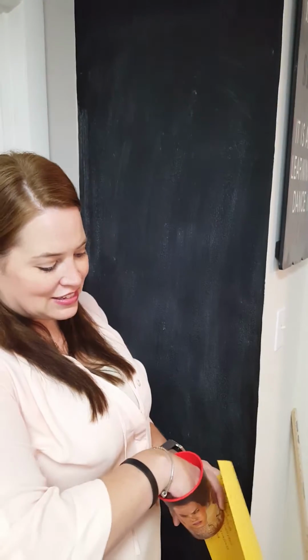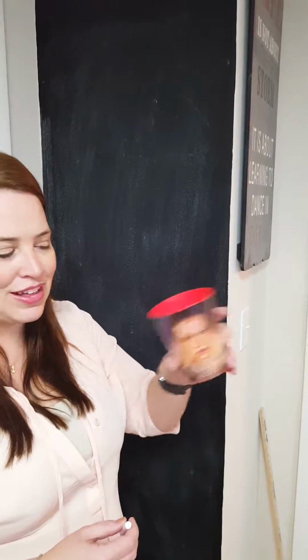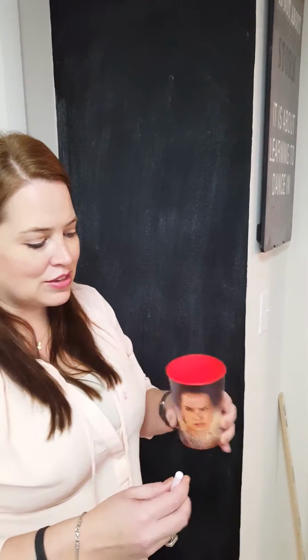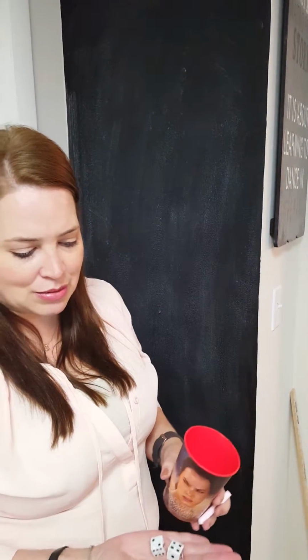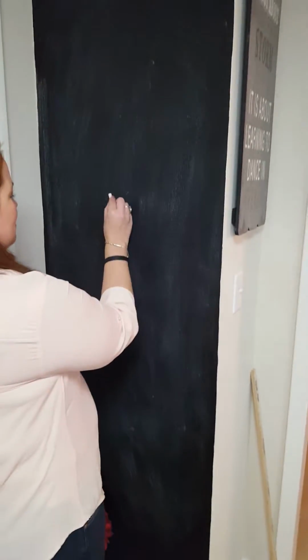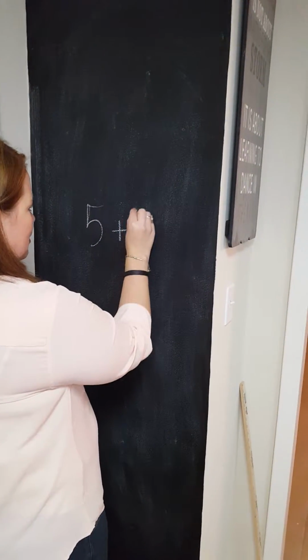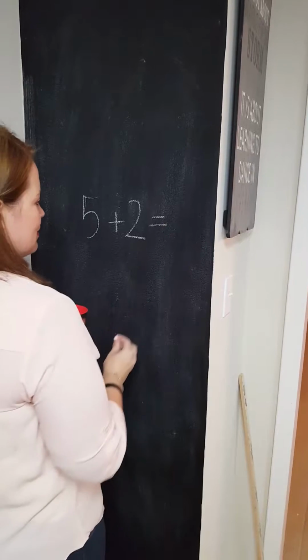And then my final idea, I have a chalkboard in my kitchen and I absolutely love it, is called Shake and Solve. This is one I came up with on my own. So I have a fun cup in your classroom, and I have 2 dice. So I'm going to shake them up. I shake them out on the table, and as you can see, it's 5 and 2. So if you've instructed the students to do an addition problem, they can write the problem this way and solve,